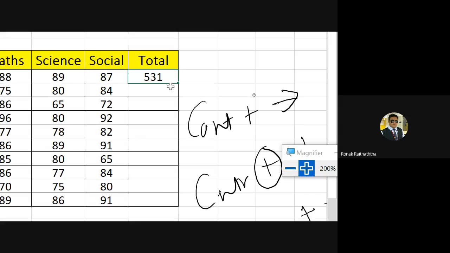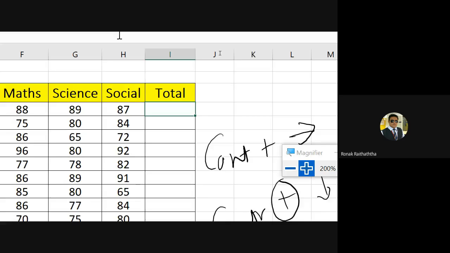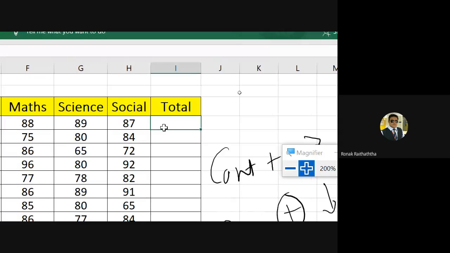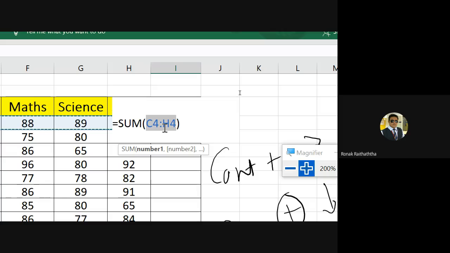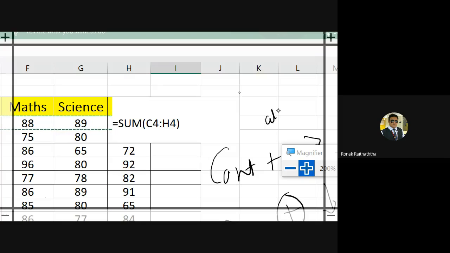Now there is one more way as well. I'm sorry, I forgot that. That is the shortcut key, which is very much useful, extremely useful. Now there is one shortcut key. If you go to any cell and press Alt equal to, press Alt और उसके साथ में equal to, some cool shortcut keys, huh? Alt plus equal to.